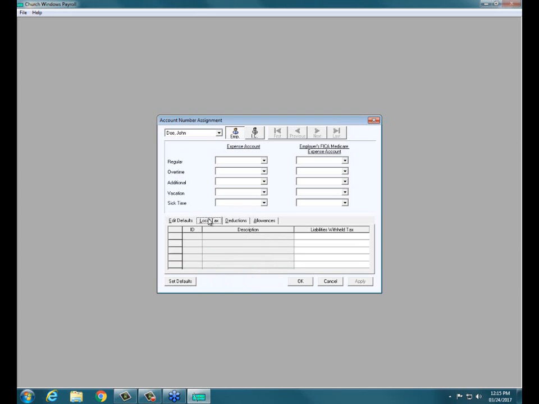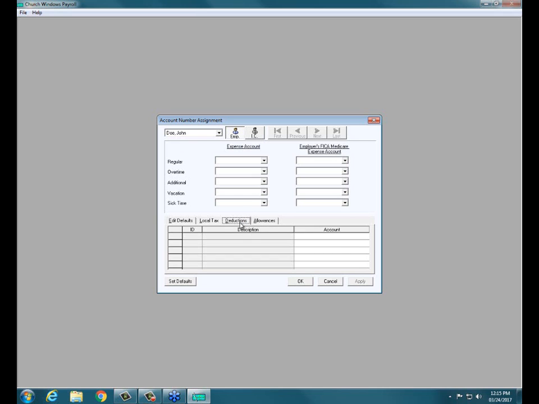Then we've got our local tax tabs and our deductions and our allowances. So, we've got to have all the chart of accounts set up with all of the necessary accounts, folks, that support the need that we have in payroll. Not just the expense accounts for our employees and what we pay them for, but we've got to have all of those liability accounts set up to receive those amounts, those deductions and withholding amounts, whether they be taxes or